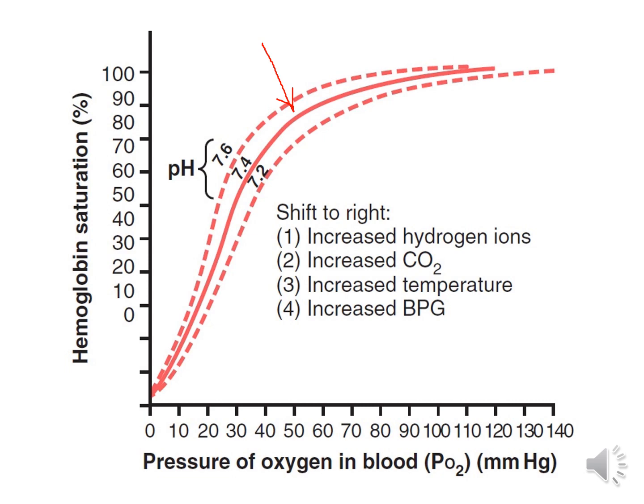And the right shift is the line where it is written 7.2 for the pH, and the left shift is the one where the pH is 7.6. Of course, this shift is because of the Bohr effect. As you can see in this diagram, when the acidity increases by increasing the hydrogen ion concentration or by increasing